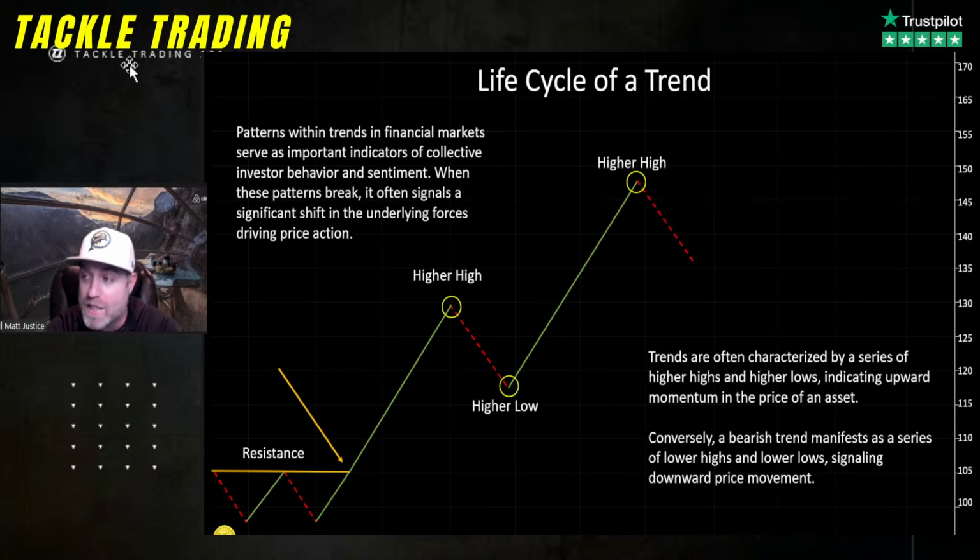Now, the reality, though, is we know over time this trend will slow down. We know over time that the higher it goes, the more participation you're going to see for it to continue its momentum. And that's just a tall ask, quite frankly. And so there was a technician about 100 years ago by the name of Elliott, and he created Elliott wave theory. And Elliott wave theory was basically the life cycle of a trend wrapped up into a bunch of complicated ways to describe it. But the reality is, what they stated was trends move in a series of waves and patterns,